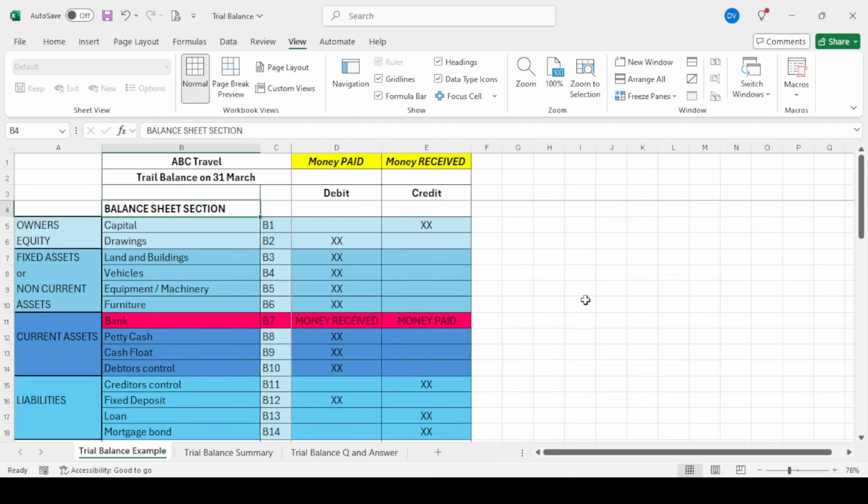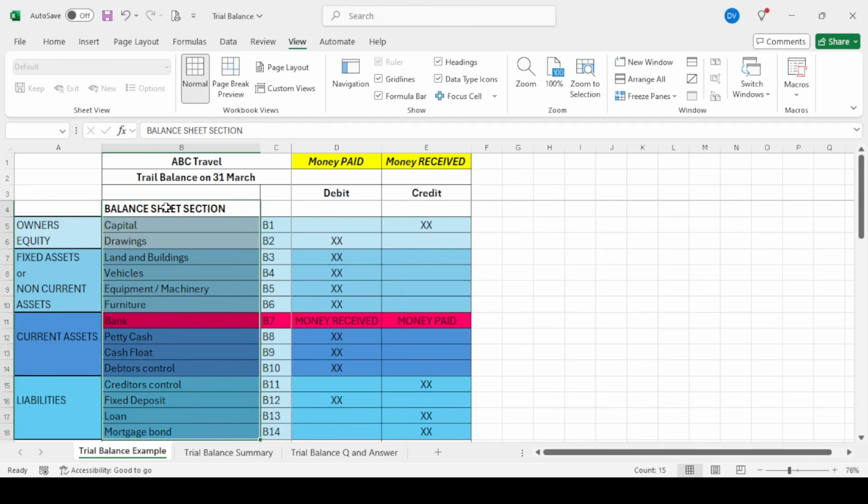Okay, now, guys, there's no shortcut. The only way for you to be guaranteed that you will really do well with all of the statements, trial balance, balance sheet, and income statement, is that you have to know the format. You have to know the layout. Right, so this is the layout. You should all have this in your textbooks as well. Okay? You can literally go and learn all these words in this order.